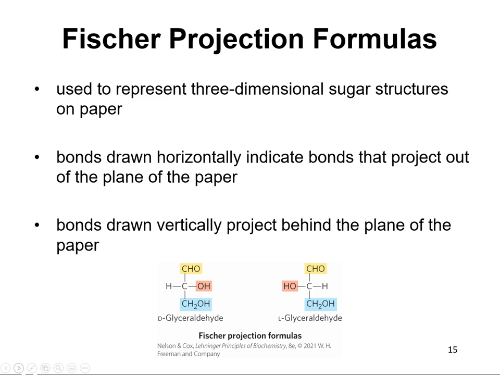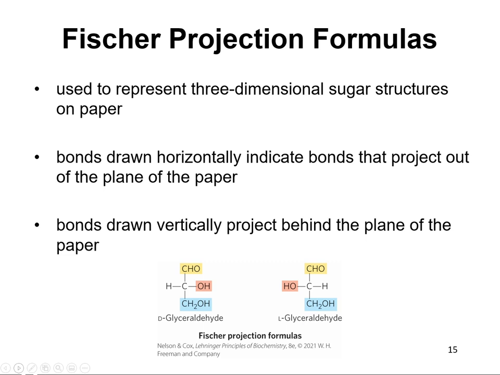Whenever you're talking about carbohydrates, we have to talk about Fischer projections. Probably covered this in organic. I'm not going to worry about you generating Fischer projections, but I do want you to recognize certain molecules in their Fischer projection. It's the 3D representation of a sugar structure on paper. There's a certain way that you draw it to represent bonds that are going in and out of the plane